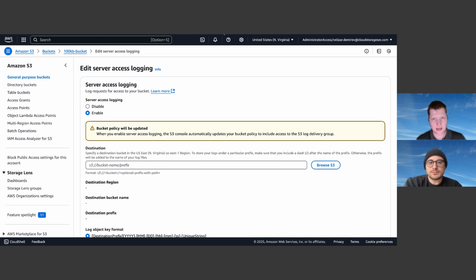Some things to think about: what critical buckets do you have? What has sensitive information? What has information that's actually going to end up at your downstream users, right? So more times than not, it could be sensitive. It could actually be business critical. So maybe not sensitive in the sense that it's been regulated, but it could be something like source code, trade secrets, IP that your company might have. Those are all other forms of sensitive data that you want to make sure if somebody's trying to access them